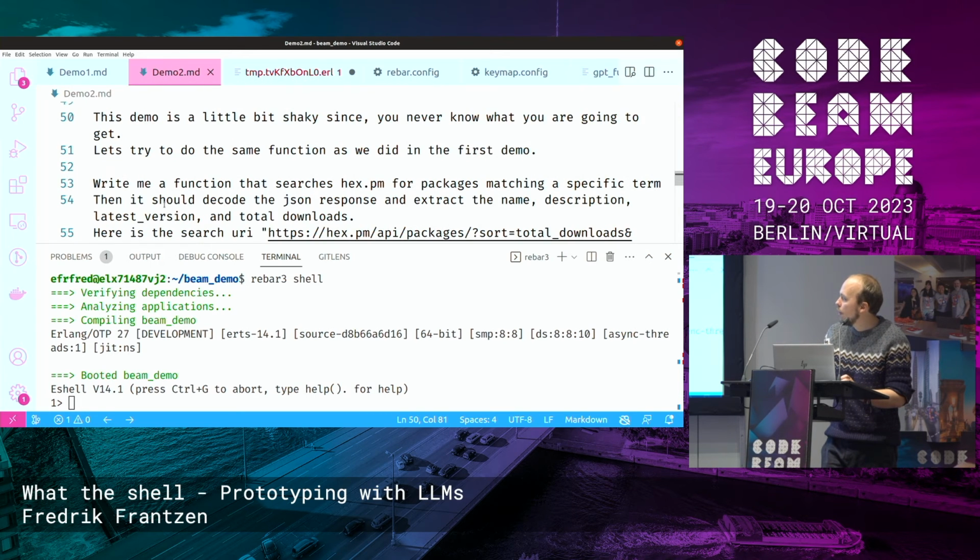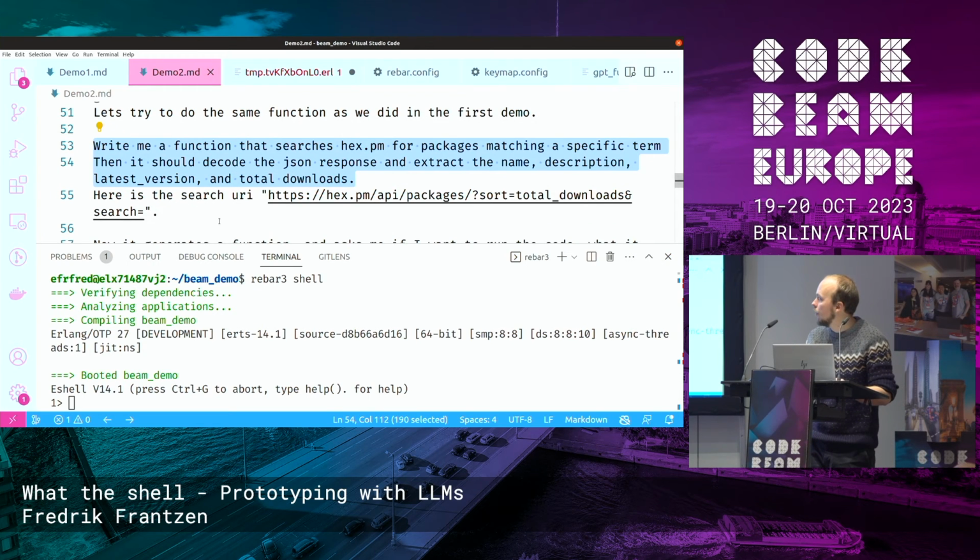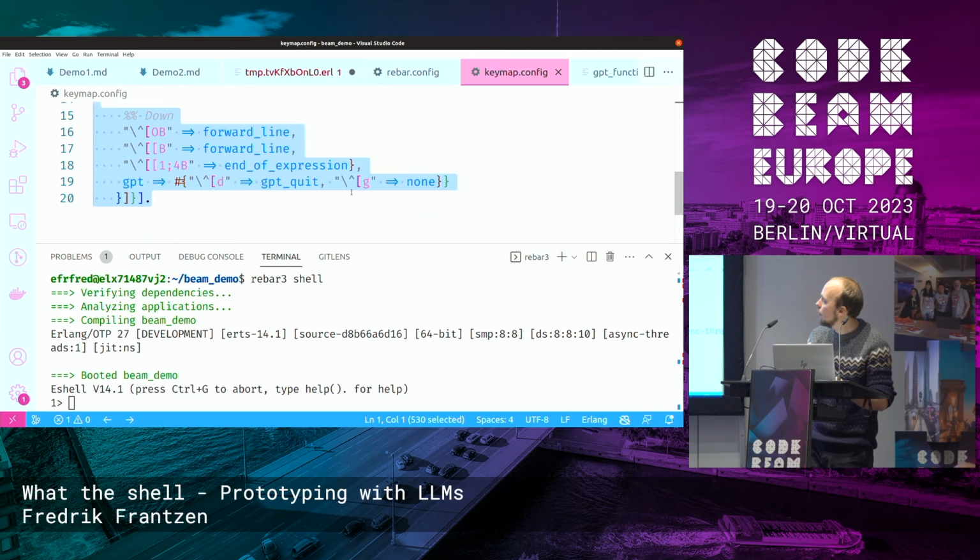So I have prepared a prompt here to initiate the conversation. And hopefully ChatGPT will give me a function that works out of the box. First I'll... okay, maybe I don't have the correct key map here as well. It's supposed to be there.